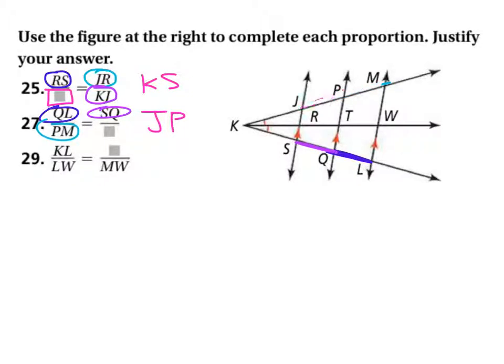Let me erase these marks. And I'll get all of this stuff out of here now that we found those solutions. And the last one is, and I'll mark these again,